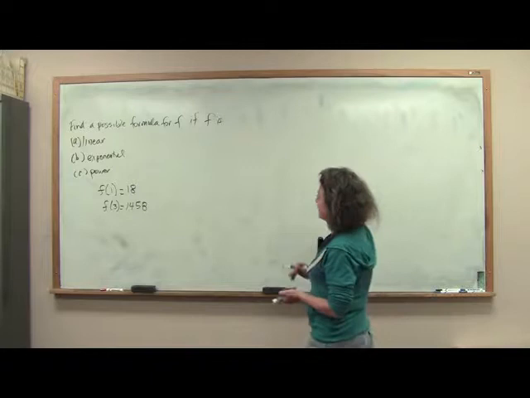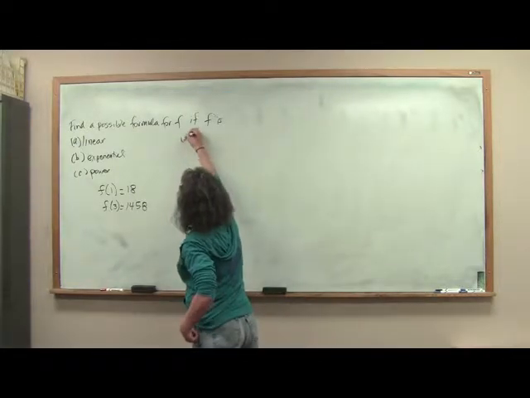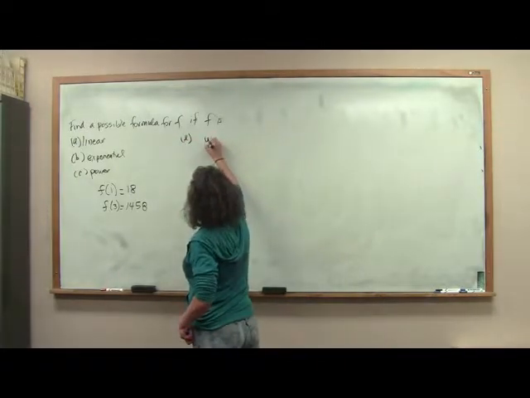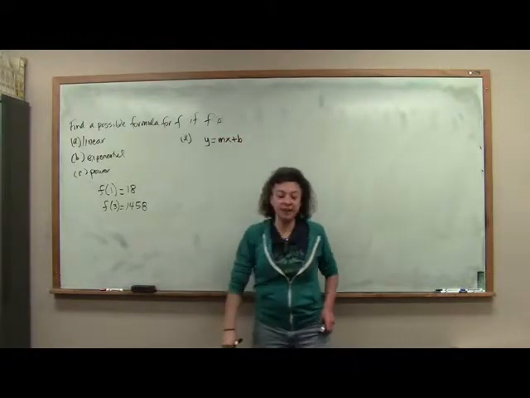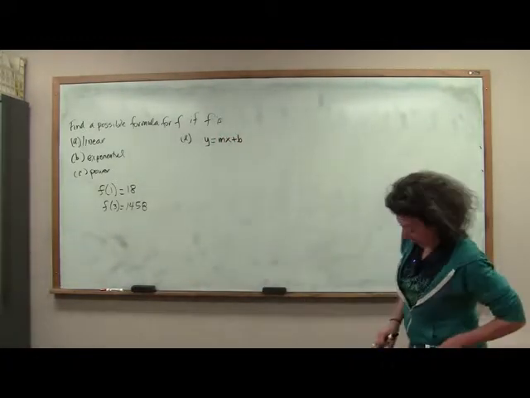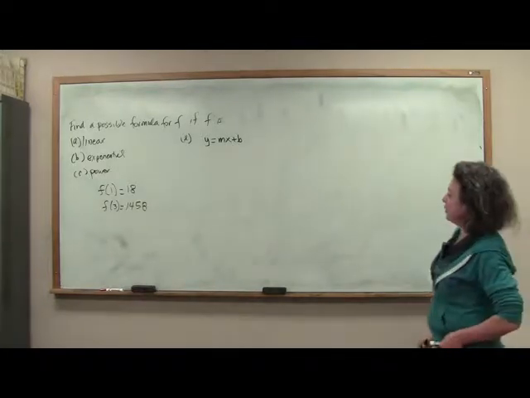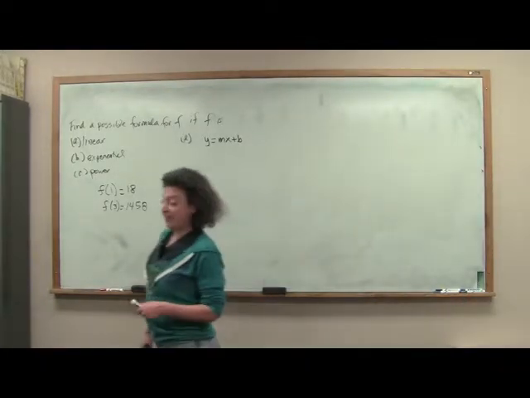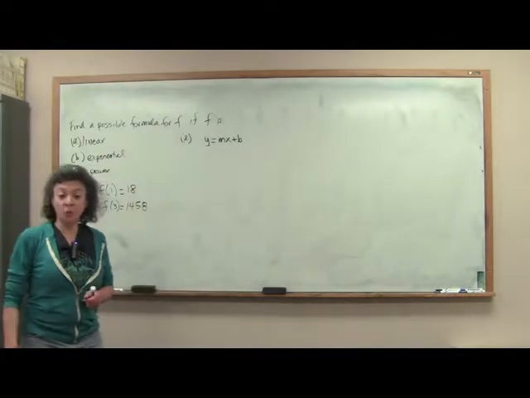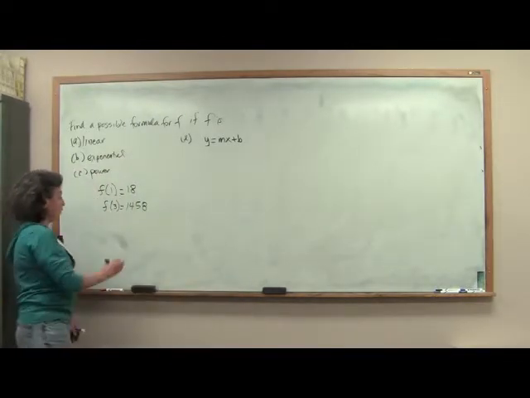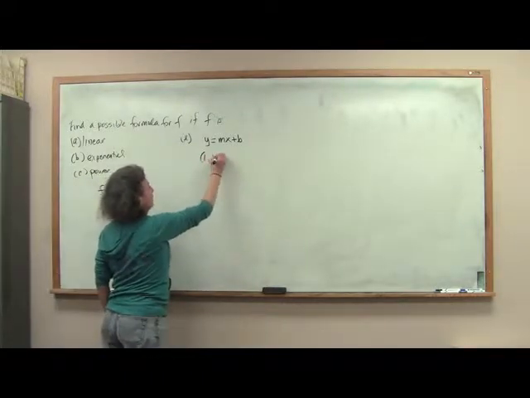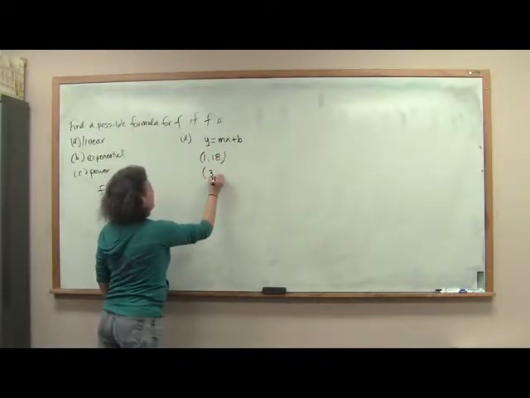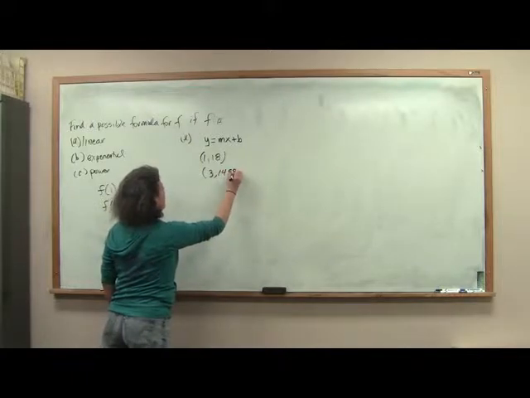For example, let's go back to if f is linear. Recall, a linear function is of the form y equals mx plus b. In order to find the equation of the line, at the very least, we need two ordered pairs. And I claim we are given two ordered pairs. One is (1, 18), and the other one is (3,